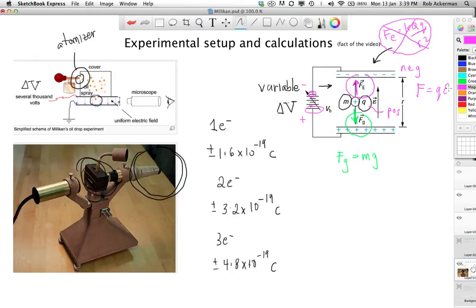F equals Q, the charge, times the electric field. It's kind of analogous to Fg equals mass times the gravitational field. We discussed this formula way back when we started looking at electric force and electric field. Well, this is a much better formula to use than this one, because